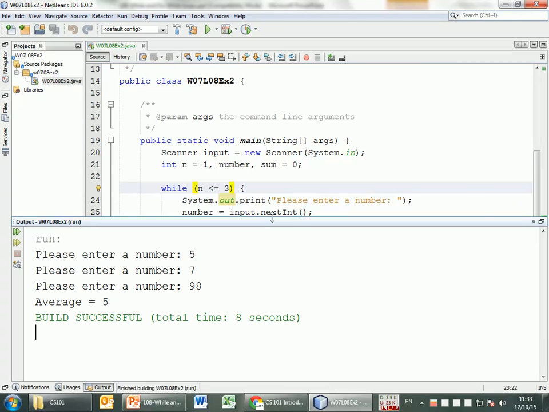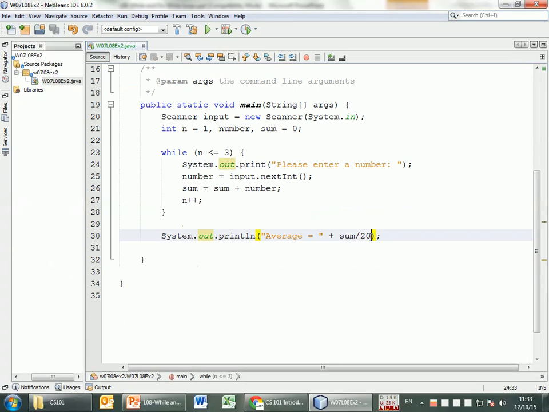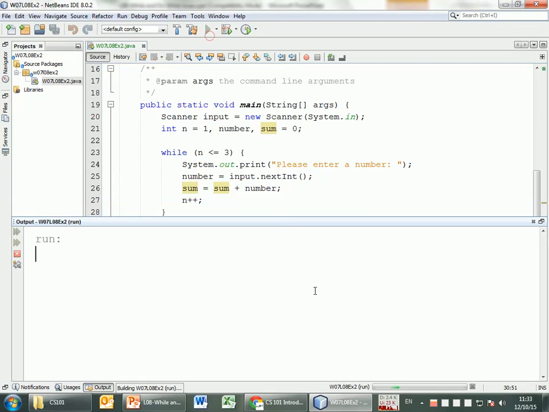Why didn't that type? Oh, with the average actually, it's working, because I'm dividing an int by an int, there's a problem. This is int divided by int. That's why I don't have point something. So it should be 20.0 now. Though this is going to be double. So now if I run this,